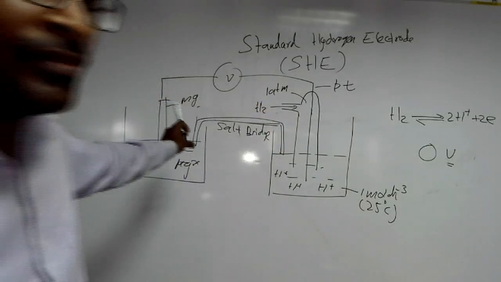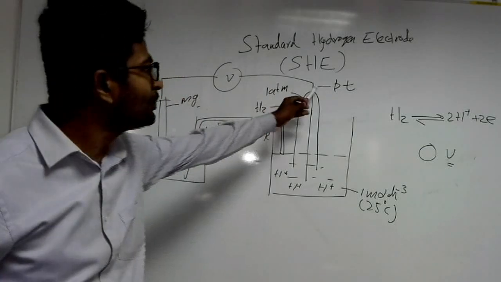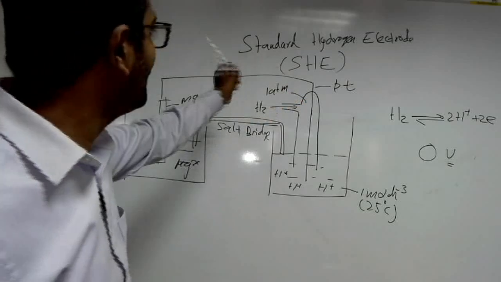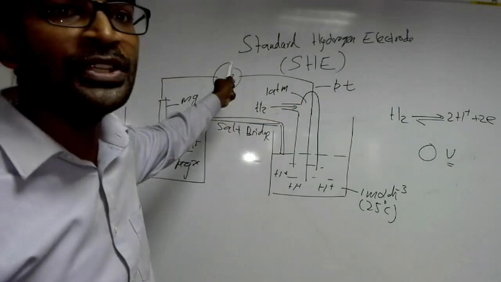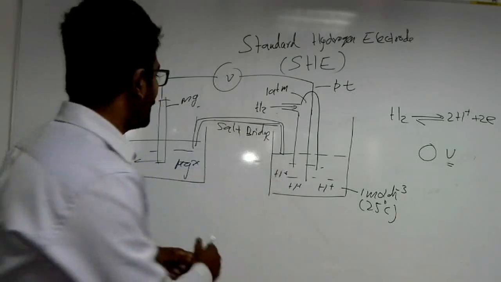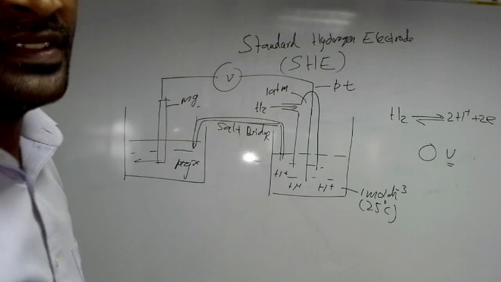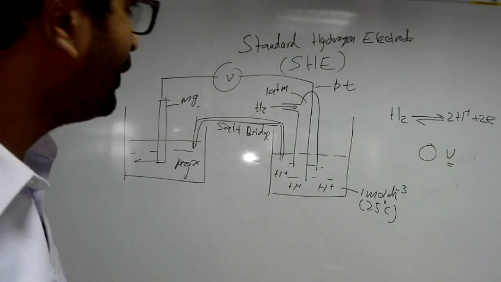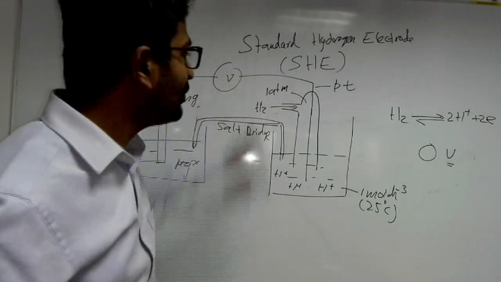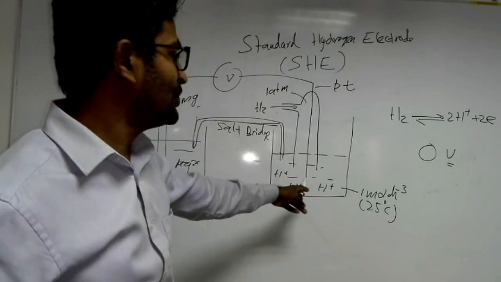Here we connect the magnesium metal ion electrode, and we connect a voltmeter to measure the voltage. Here we have used a salt bridge for the connection between the solutions. The purpose of the salt bridge is ion exchange. Now you can measure the voltage of this magnesium ion electrode with respect to the